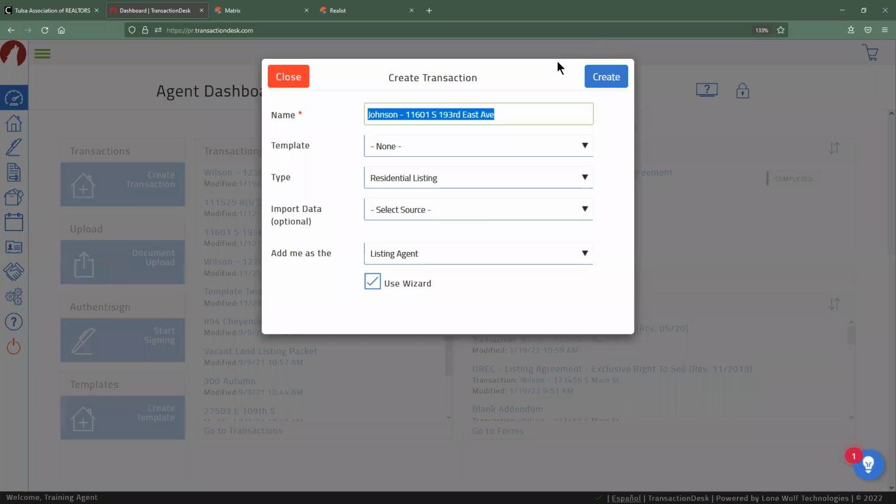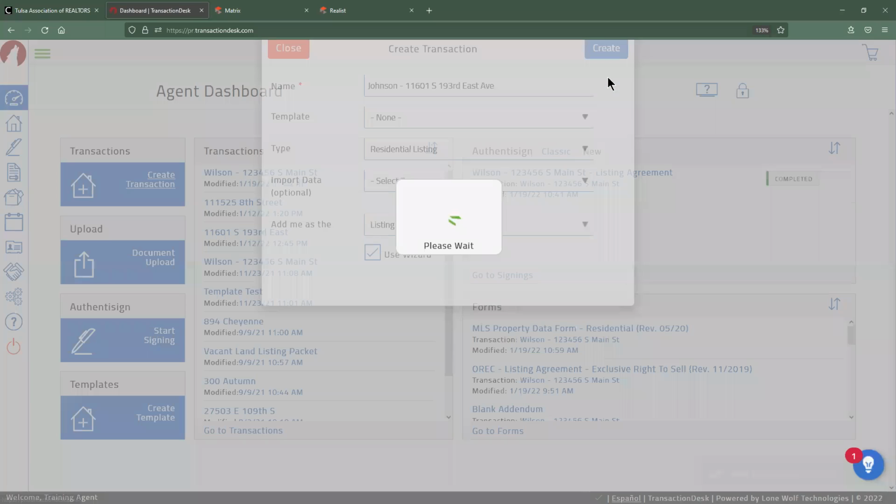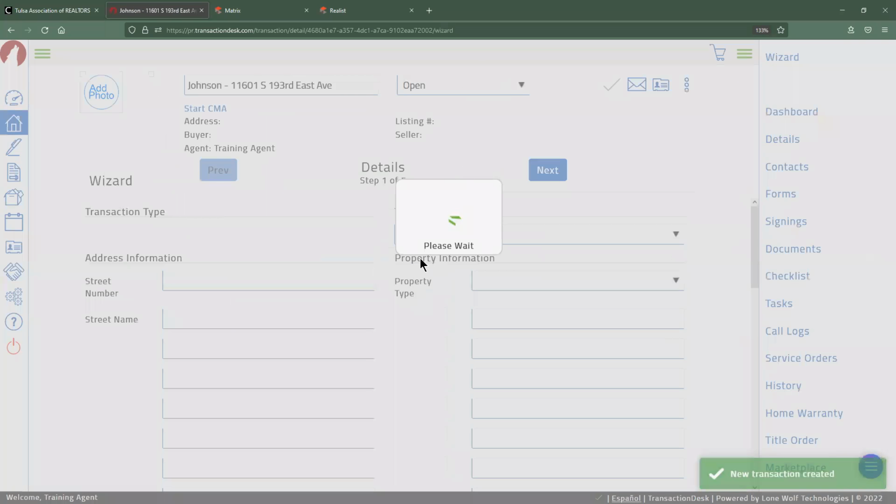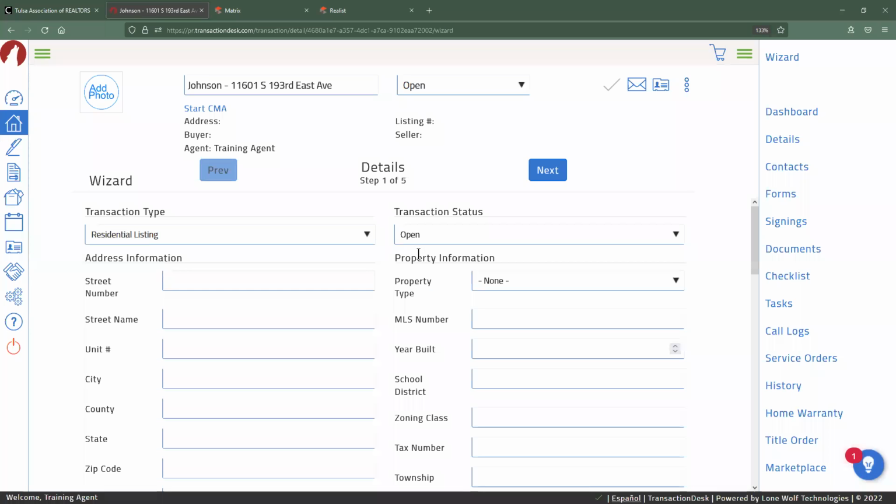You'll notice that a lot of the buttons in Transaction Desk are nice and big, clear. We don't really have too many extra options or weird buttons here and there taking up space. They try to focus you into just a couple things at a time. So when we first land here, again, this is the wizard that we chose to use. This starts us off with our first step, details. Now, we again have the nice big buttons. There's no previous step, but we do have a next step. This will move us in between what we're working on currently and the next step in the process.